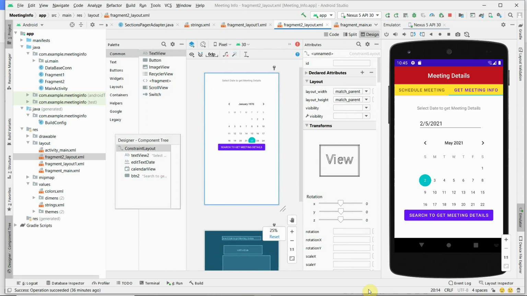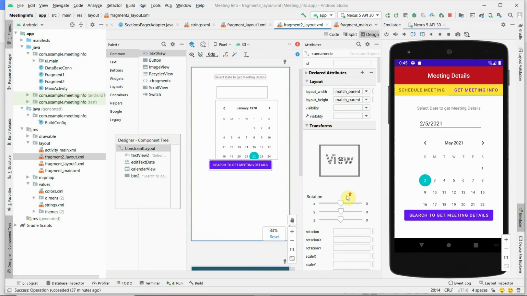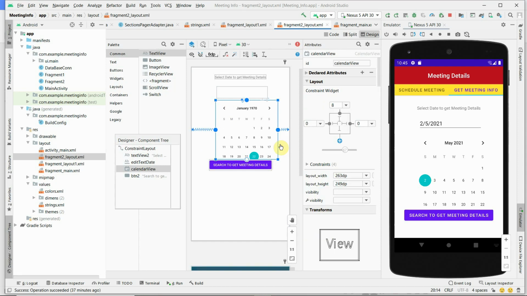Fragment 2 is designed to select date to get meeting detail, and there is a calendar. Once again there is a calendar view from the widget, and whatever date you select from the calendar, it will be displayed in the text box.